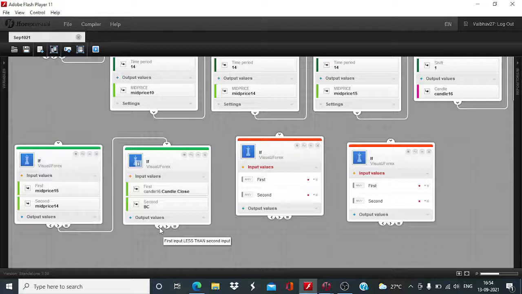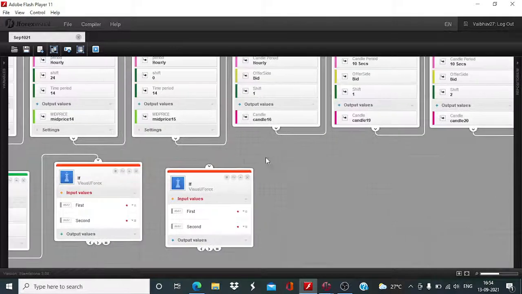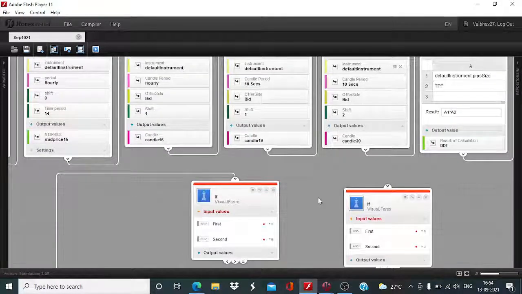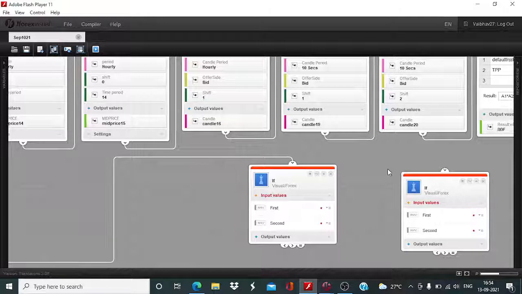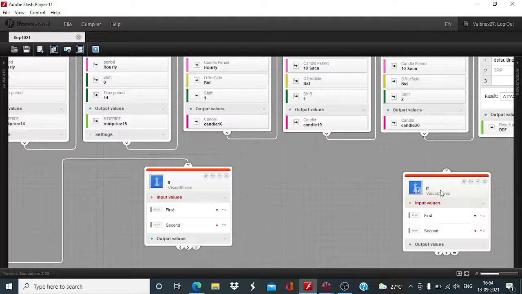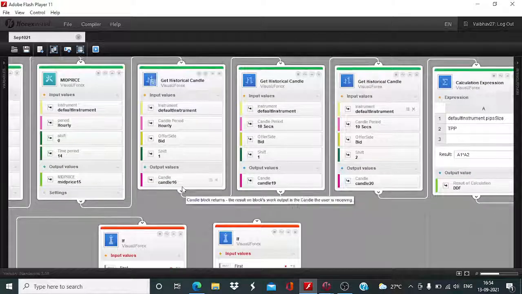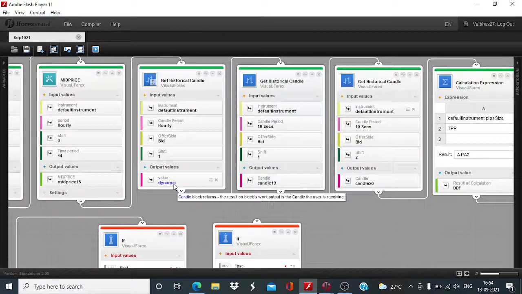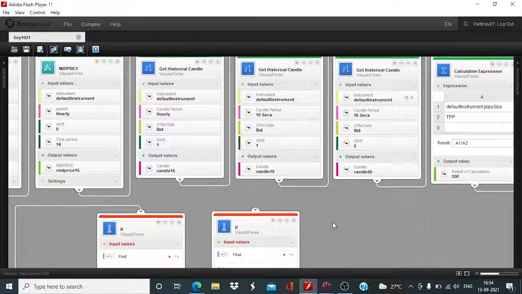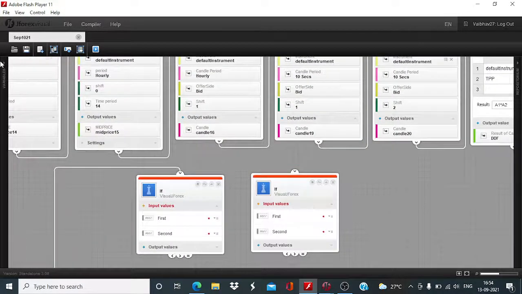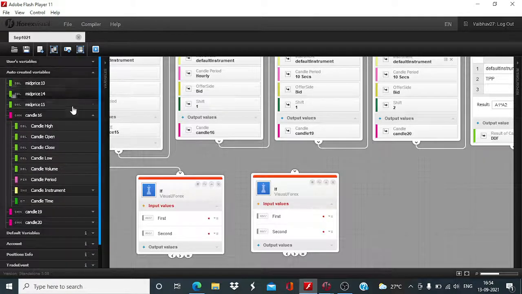First input less than second input, and after that whenever price starts to rise above last time's candle close, we will be placing the order, and for that we have to take help of these three historical candles. The candle 16 candle close will be compared to the closing values of candle 19 and candle 20 respectively. So candle 16 candle close is going to be the common input,